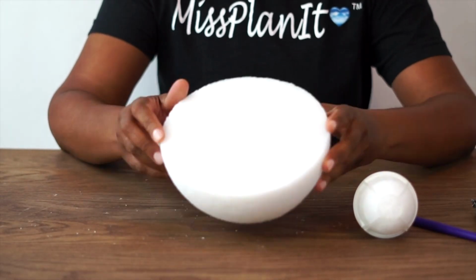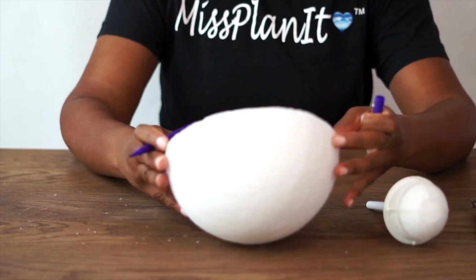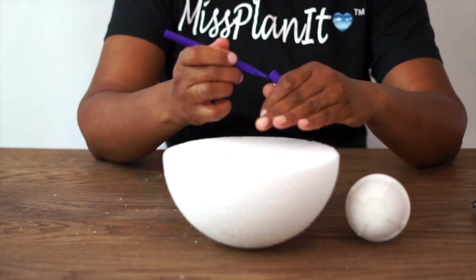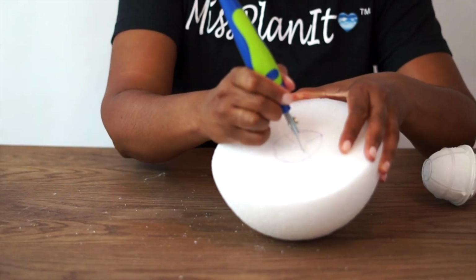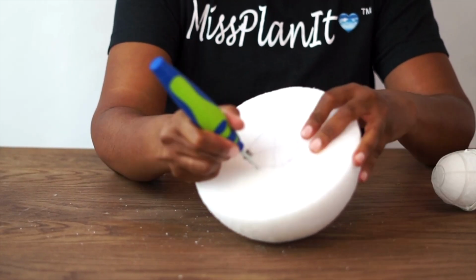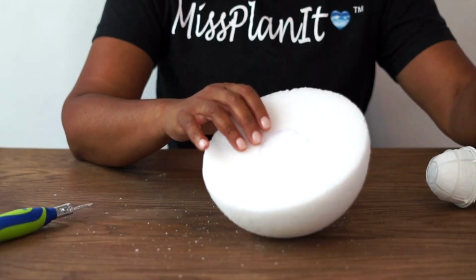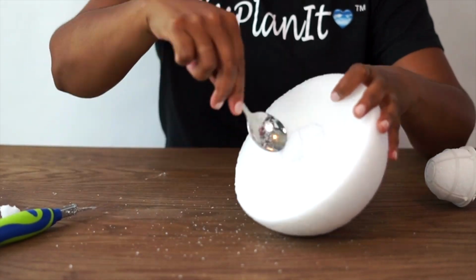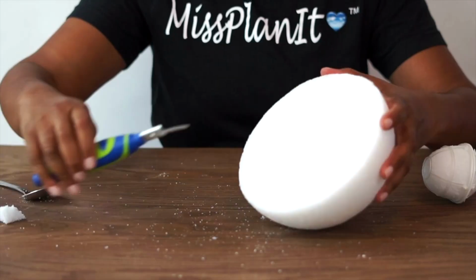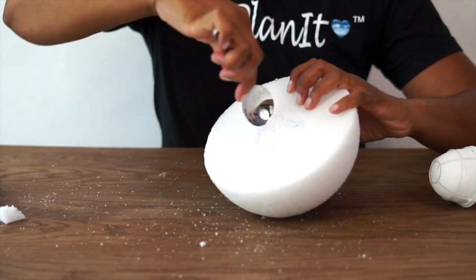So our first step is to use our 8-inch half foam ball as well as our straight handle bouquet holder, and we're going to attach both of them. It's very simple. You're going to simply draw a circle in the center of your foam ball. You're going to go ahead and trim it out, and you can use a spoon and just scoop out the foam until you have a space that will fit your handle nice and flush. Then you're going to add some hot glue to the end of your handle, insert it into the hole, let the glue set up for at least 5 minutes or so,